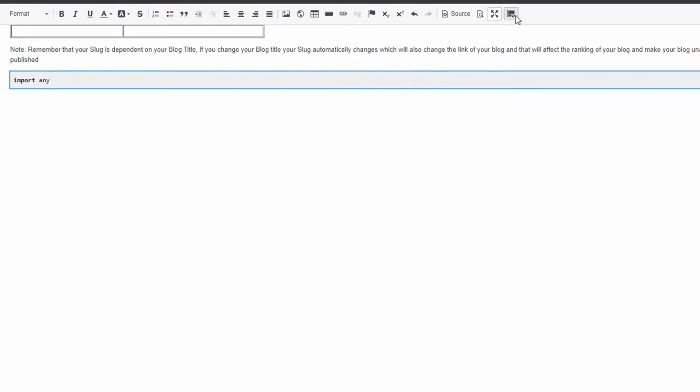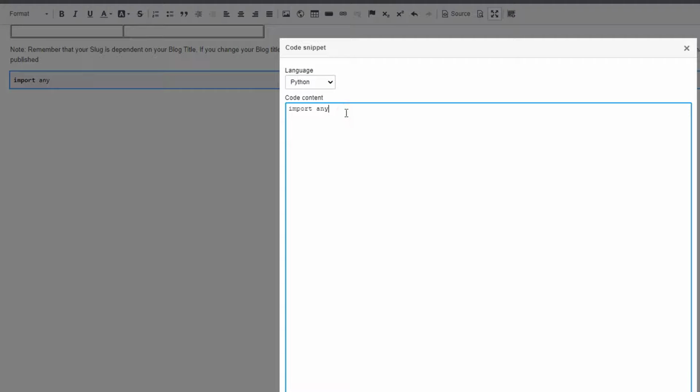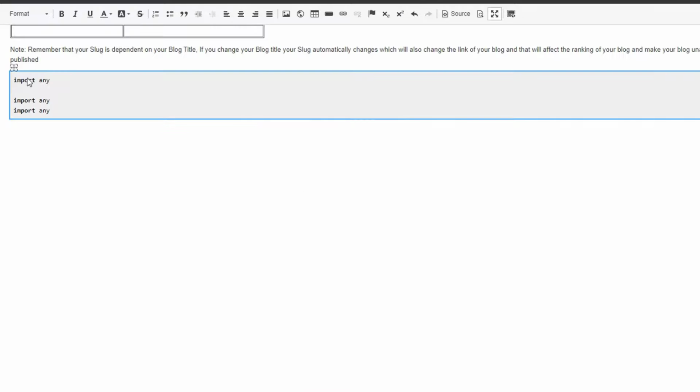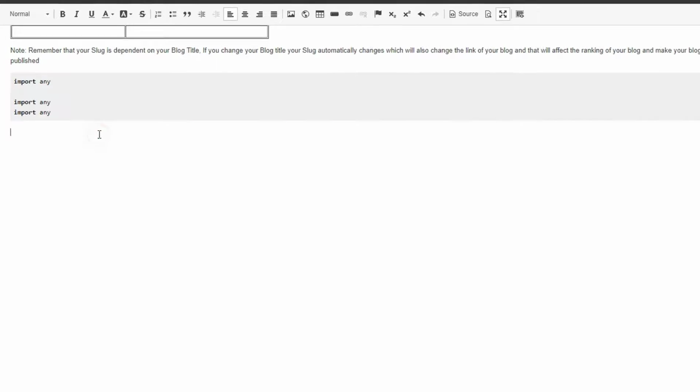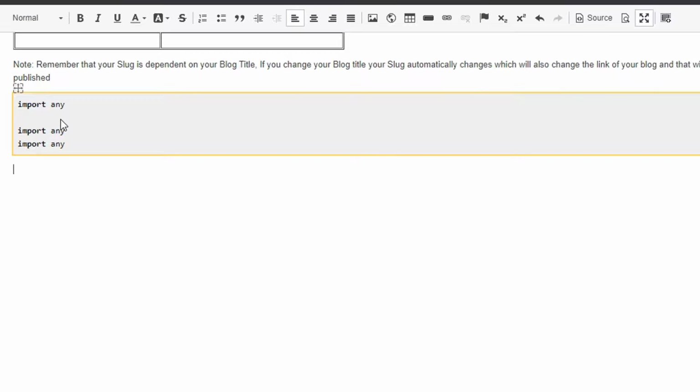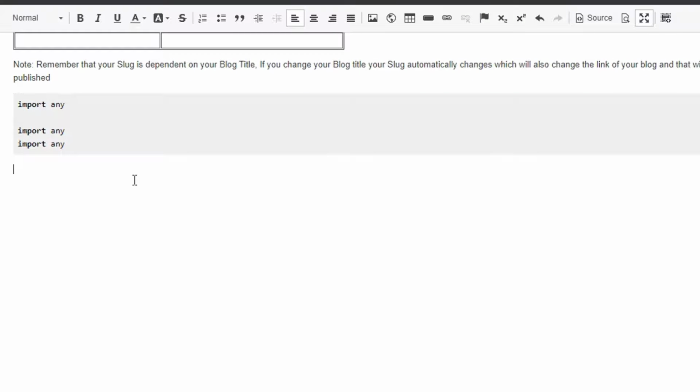Again, if you select that, click on that, you can expand that more. Let's suppose I will again press Control C, enter, again I will type import, again I will type import, like that. Again I click OK. So it will increase. So this is how you can apply that, and it will make your coding section more interactive.